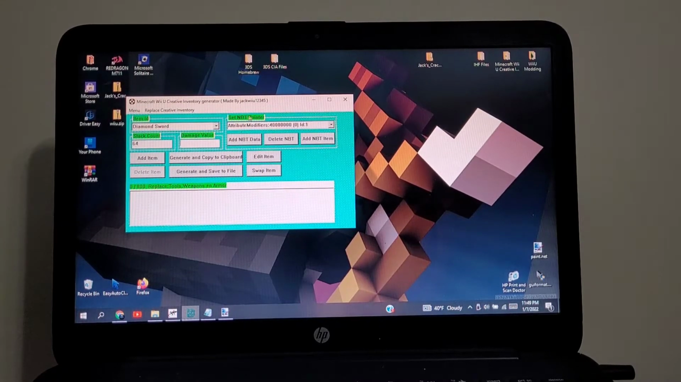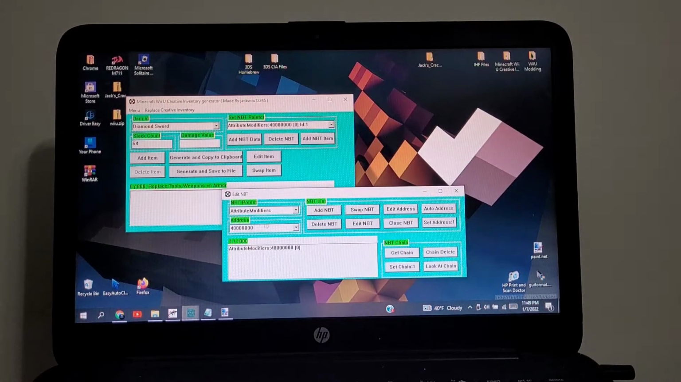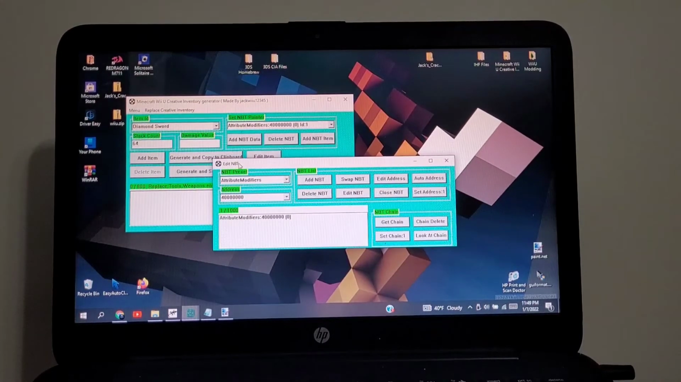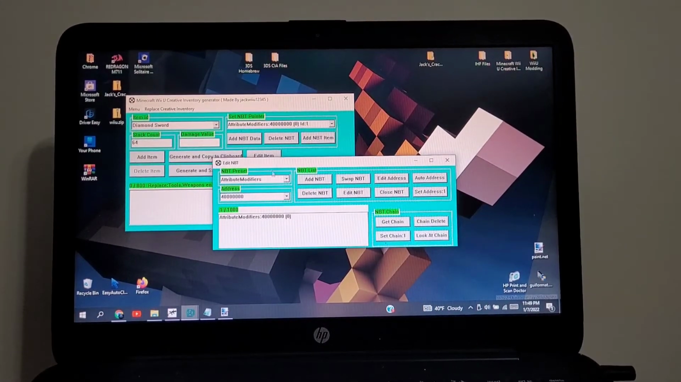over here you have set NBT pointer. You're gonna click add NBT data, and this menu pops up. And here you got NBT preset right here. You're gonna click that drop down menu, and you have a bunch of complicated looking things. You have this, which is Enchantments. You have this, which is Stored Enchantments, which can